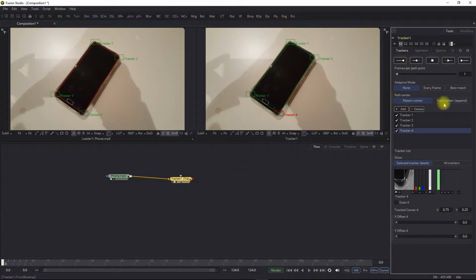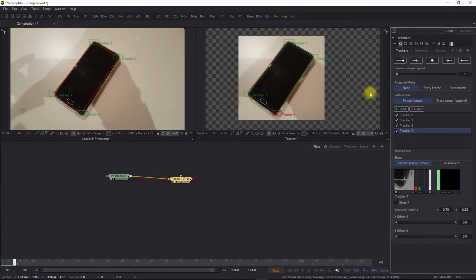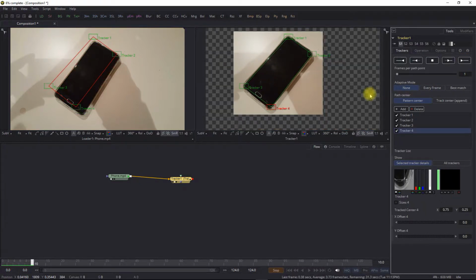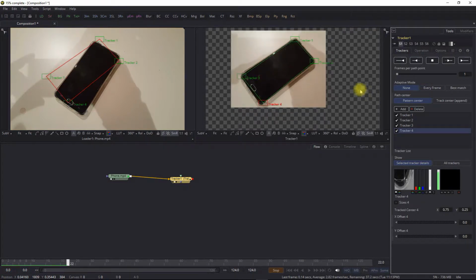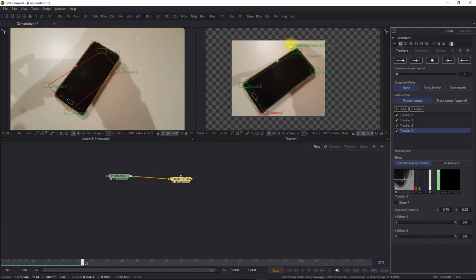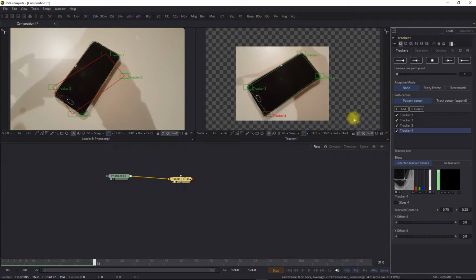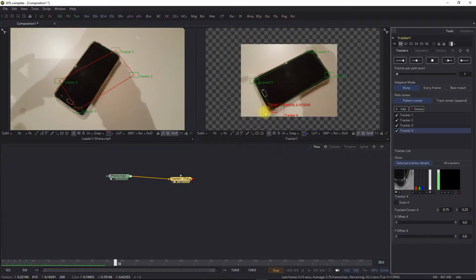Now once I've done that, I'm going to go back to my tracker tab here, and I am going to select track forward. So I'm going to click this now, track forward. And we'll get a decent track off this. It won't be perfect, as the kind of perspective slips. We'll probably get slippage up in this corner here a little bit. You can see we've got a little bit of slippage down here,